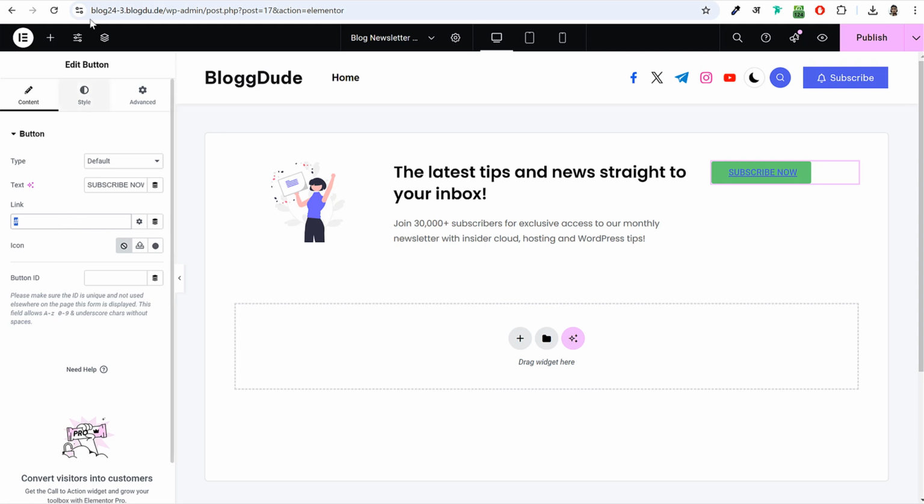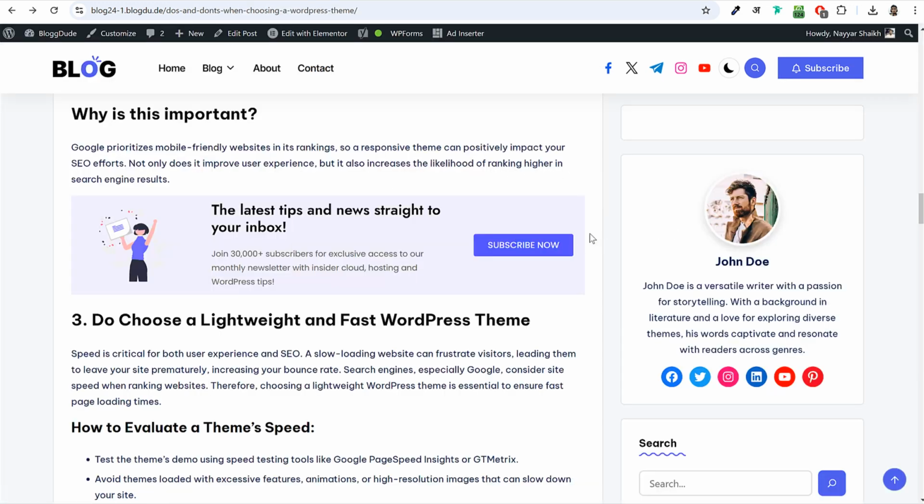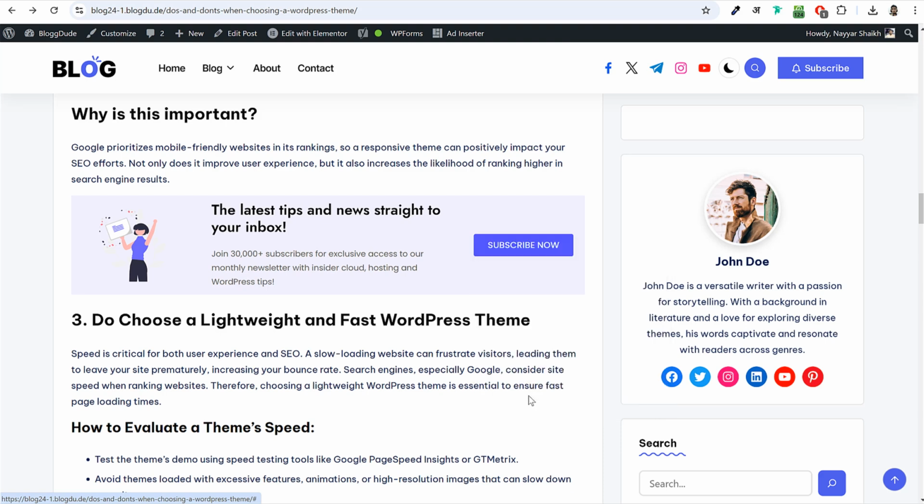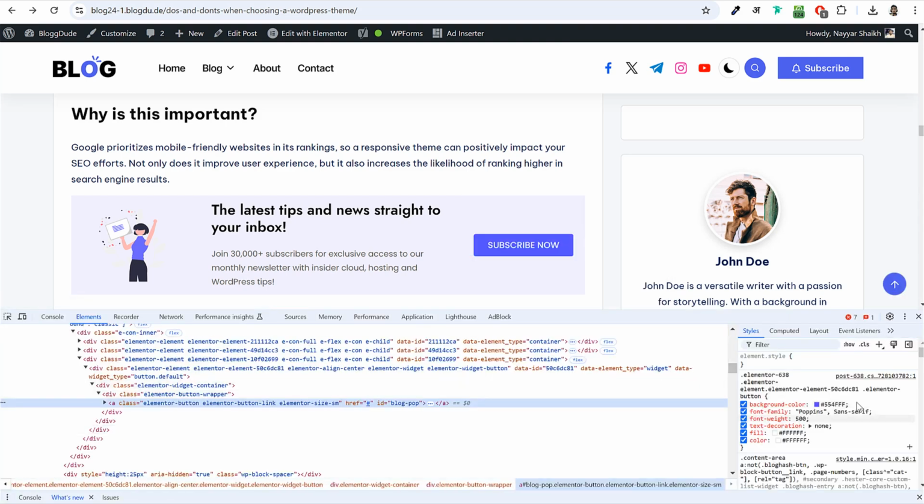We'll change that thing. Now for styling. If you want to get any color code, if you go to any website and you like any color, and you want to get the exact color code, then you can right click on that. So if I want the color code for this button, I can right click on this button, select inspect. Now at the bottom right corner, you will see the color code. Here, as you can see, background color, and this is the color code